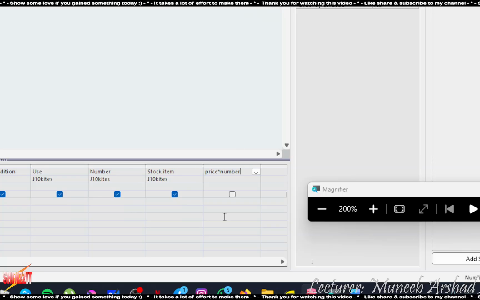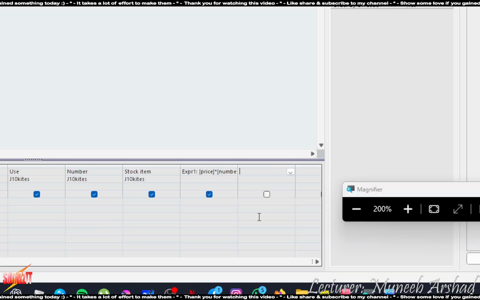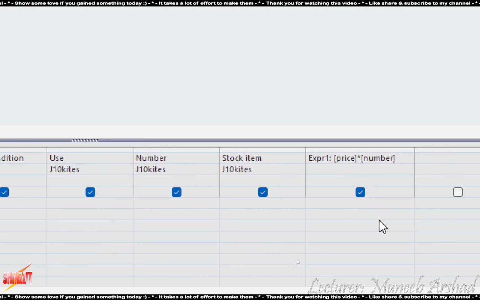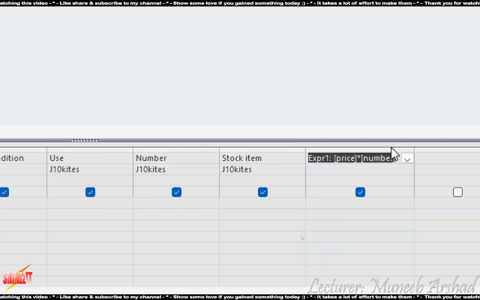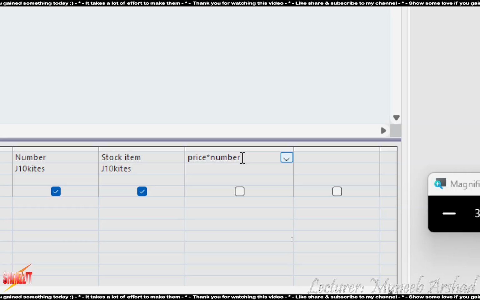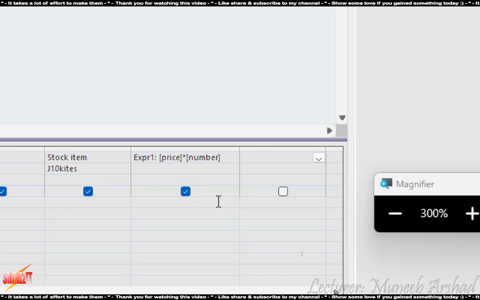सो मैंने ये टाइप किया, राइट, एंड आई विल प्रेस सिंपली एंटर. व्हेन आई प्रेस एंटर, since Access detected it as an expression, तो उसने उसको खुद ही नेम कर दिया as EXPR1 कोलन स्पेस स्क्वायर ब्रैकेट्स में क्या है? प्राइस मल्टीप्लाइड बाय नंबर. सो दिस इज एग्जैक्टली व्हाट यू वर टेलिंग मी, राइट. ऑटोमेटिकली आया. मैंने क्या किया? मैंने सिर्फ प्राइस बाय नंबर लिखा. सो आई कैन डिलीट दिस लाइक दिस. आई विल टाइप इन बाय एक्सप्रेशन ओनली and let Access figure out the syntax.